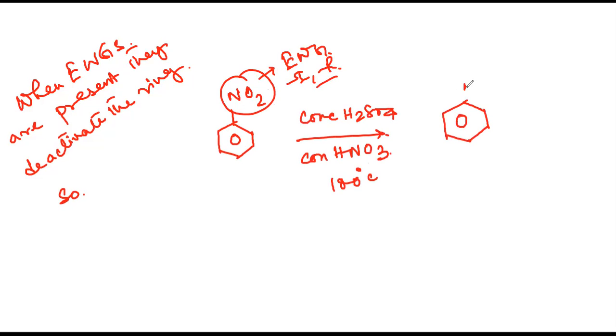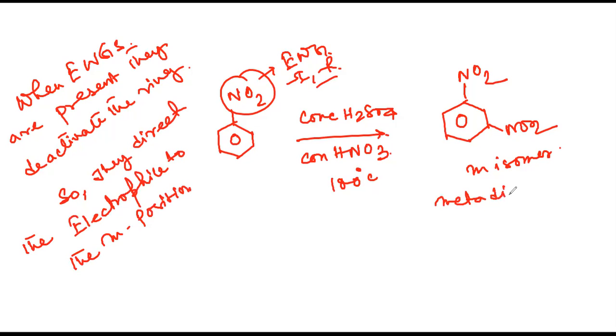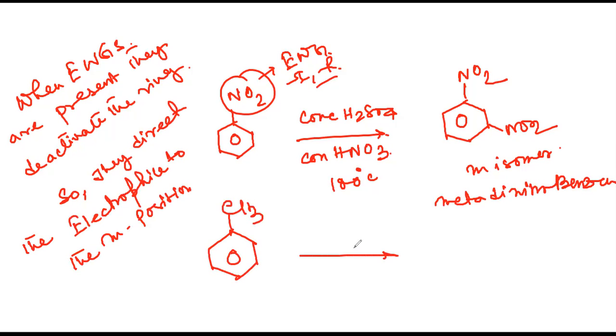And always remember, the meta isomer is possible, because they direct the electrophile to the meta position. It is known as meta dinitrobenzene. You can see here, if there is an electron donating group, CH3, you can do the nitration at